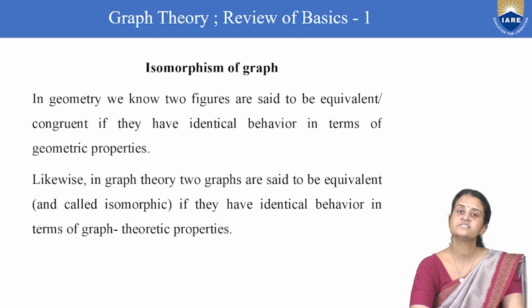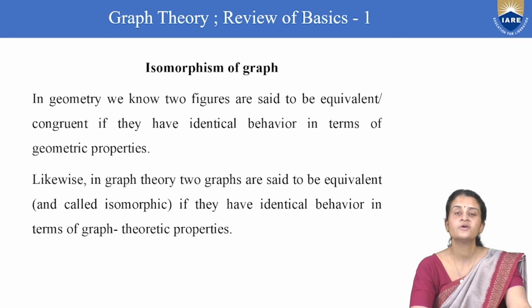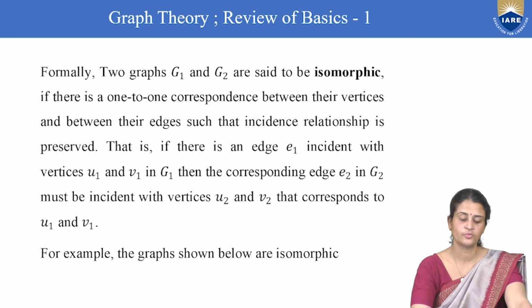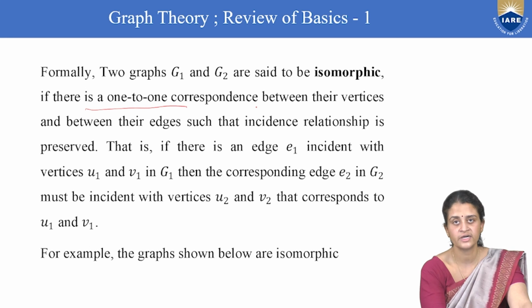In the same way in graph theory, we say that 2 graphs are equivalent, but here the terminology is not equivalent or congruent. We use the terminology isomorphic. 2 graphs are said to be isomorphic if they have identical behavior in terms of graph theoretic properties. We will see what it is. That is, 2 graphs are said to be isomorphic if there is a 1-1 correspondence between the vertices and between their edges,